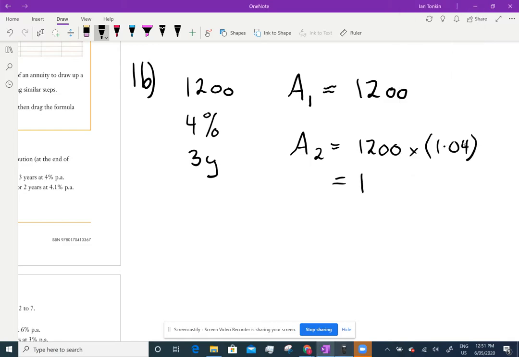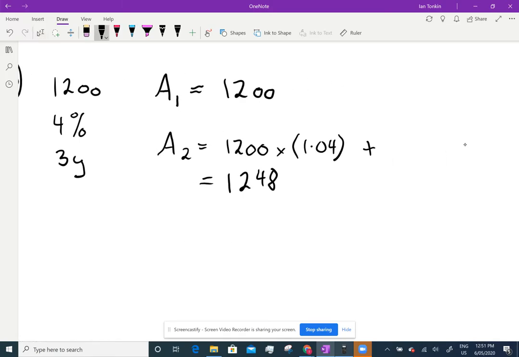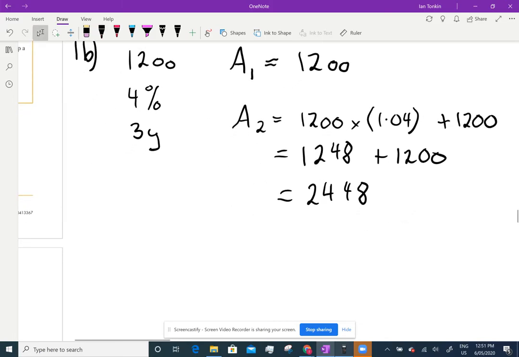1248. But we've got to add another 1,200. So at the end of the second year, there is 2,448. Now at the end of the third year,